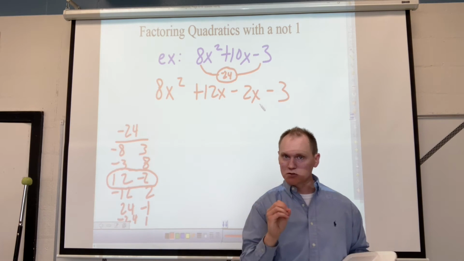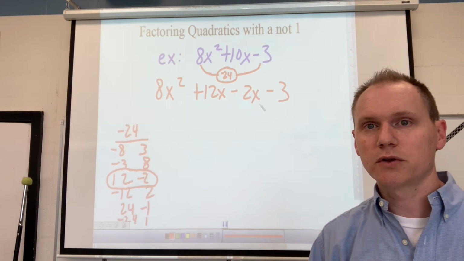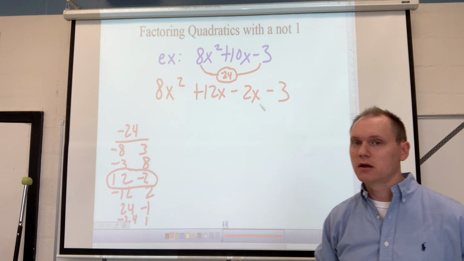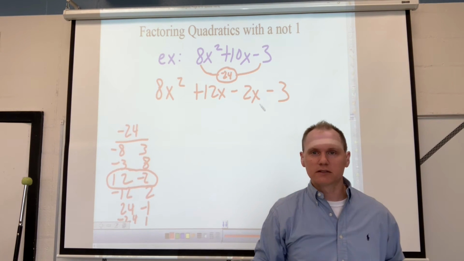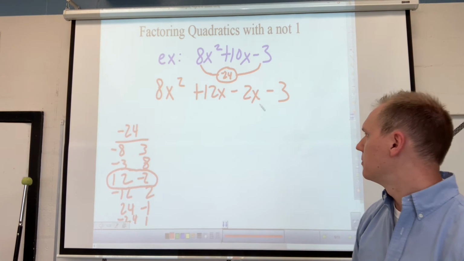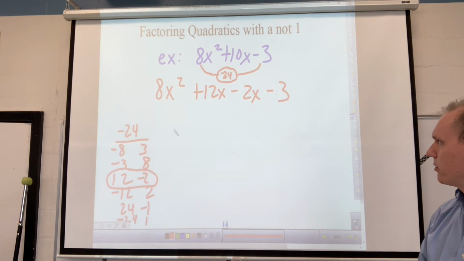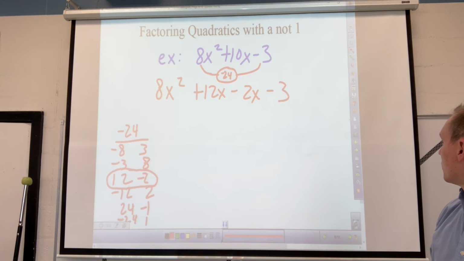And it's got to be those specific two values that we split those up to. The order, though, doesn't matter. So you could have put negative 2x here and then 12x here. It would work out exactly the same way here in just a second. You'll maybe be able to see that. Okay, so